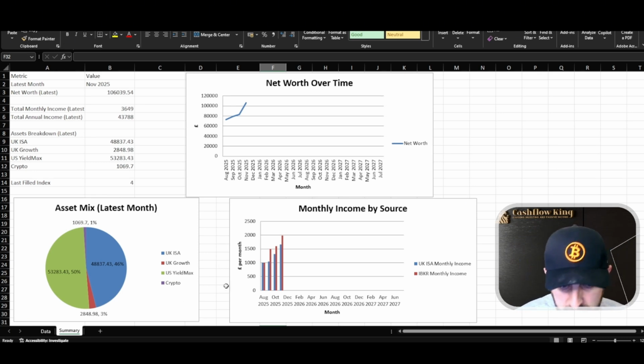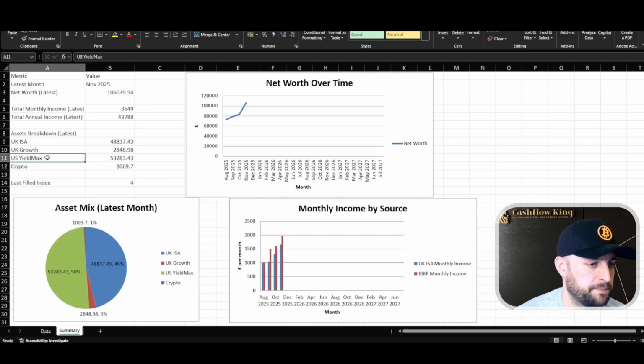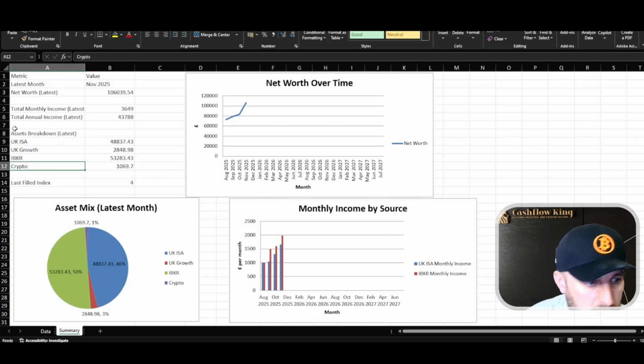As you can see on the chart, from August, October, November, you can see everything is up. This is all in pounds. The net worth is up. The monthly income is up. The asset mix is not what I want as of yet. I will explain it a little bit more, but as you can see from the asset breakdown, we've got